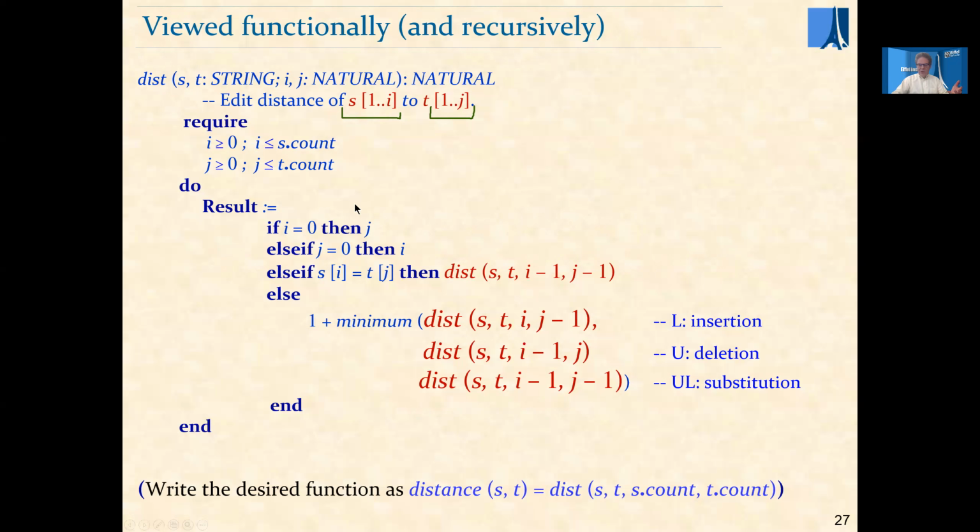algorithm implementation, which, as you can see, has no assignment except for the assignment to result. Of course, we do need to return a value, but it's single assignment. It's not like result changes values over the execution. It's just assigned a value once, and this value is the value of an expression, an if then else if expression. It's not a conditional instruction, it's a conditional expression. So what does it say? It says, okay, we're trying to compute the added distance from S of 1 to I to T of 1 to J, the corresponding